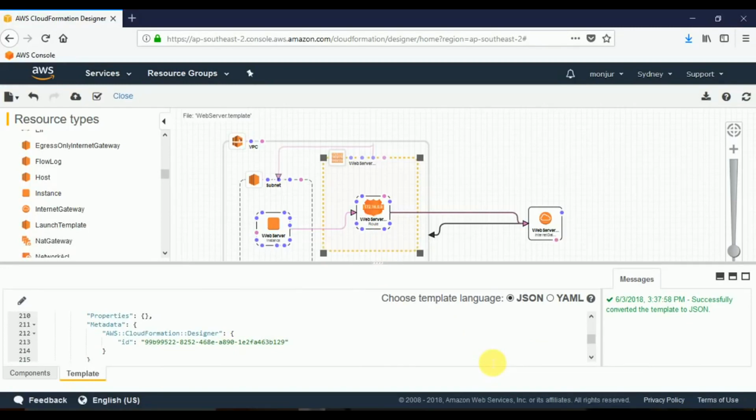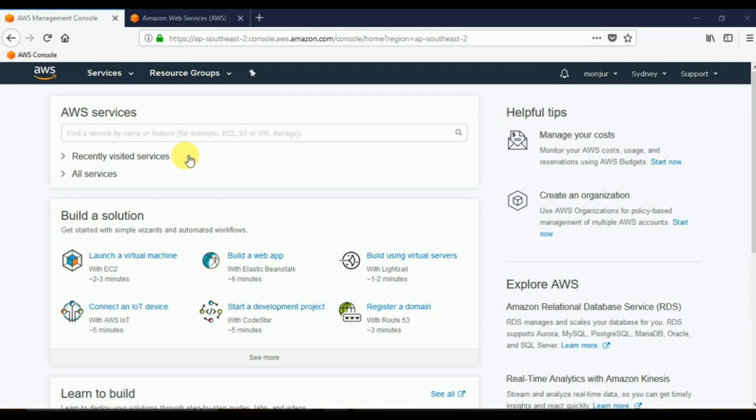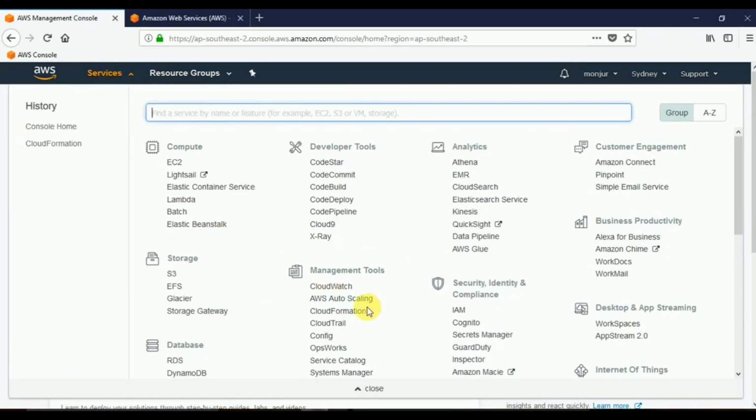However, we have saved it locally. So we will see a few bits and pieces in this video that we left out of the first video. For this, we need to go to CloudFormation by clicking Services and then CloudFormation,